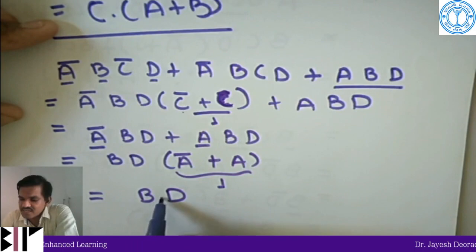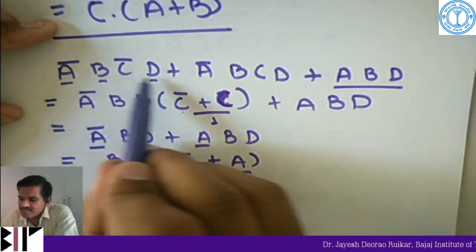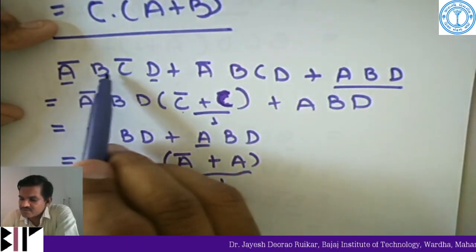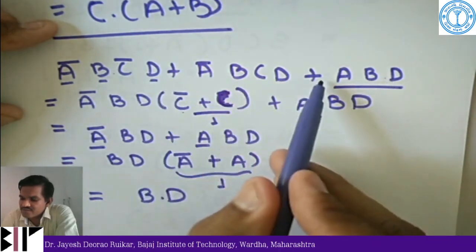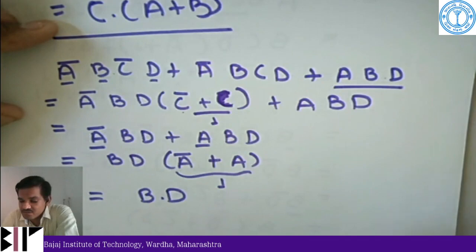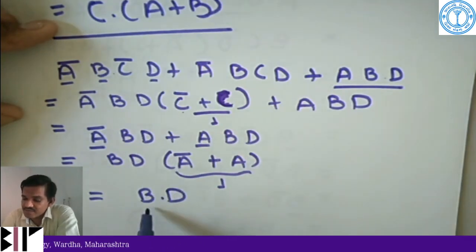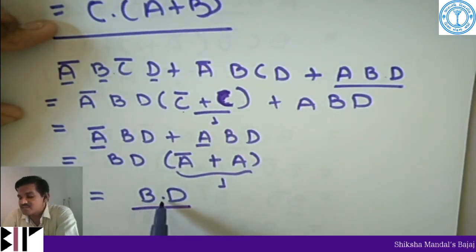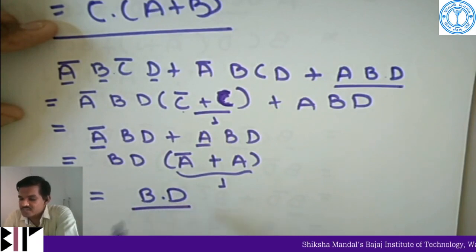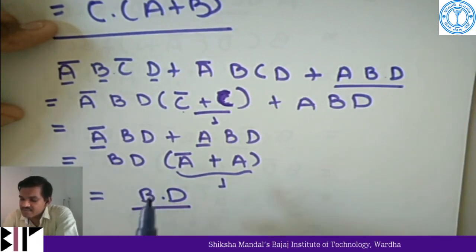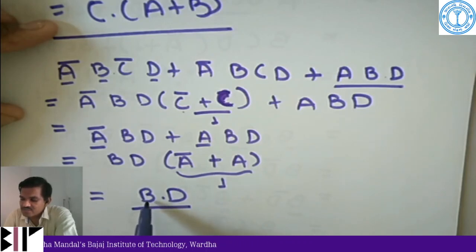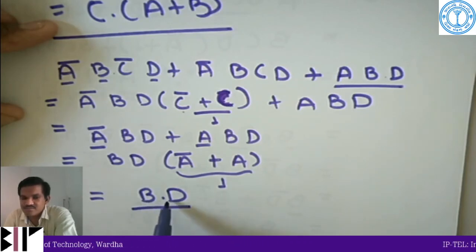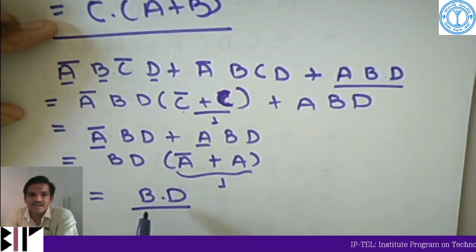So we can see here how many AND gates there are: 1, 2, 3, 4, 5, 6, 7, 8. 8 AND gates are there, then 2 OR gates are there, even though 4 variables are there. Inverters are also there. But when we minimize it, we will get only one AND gate, and that requires only two inputs, irrespective of the inputs A and C. The minimized equation has required only two inputs, B and D, because the other inputs are not at all required.